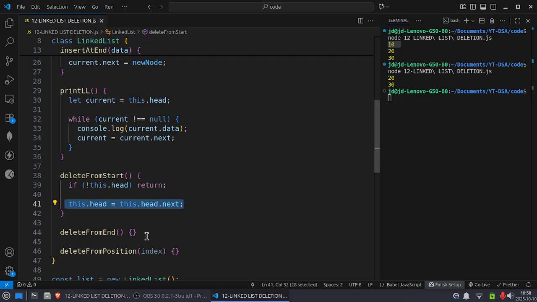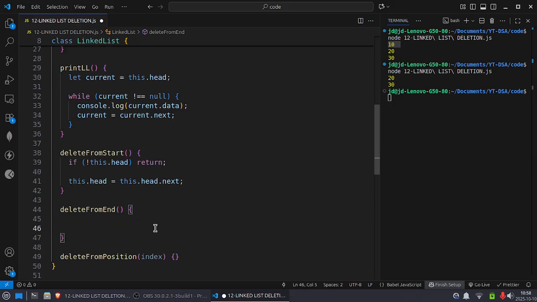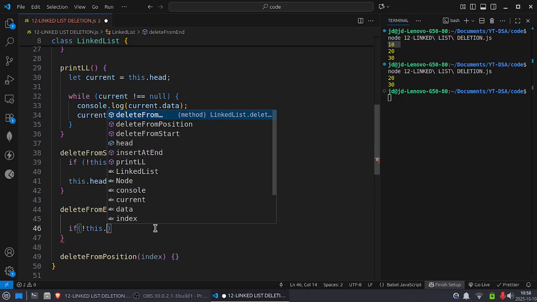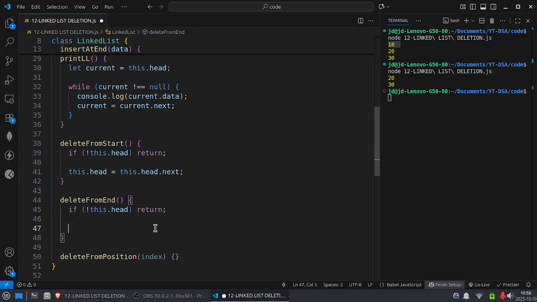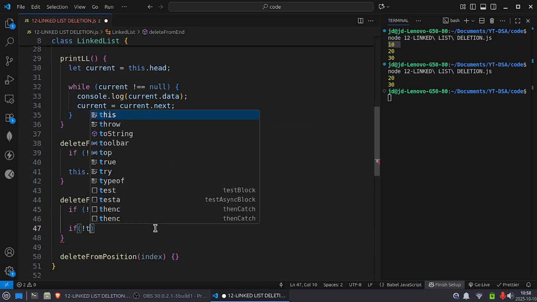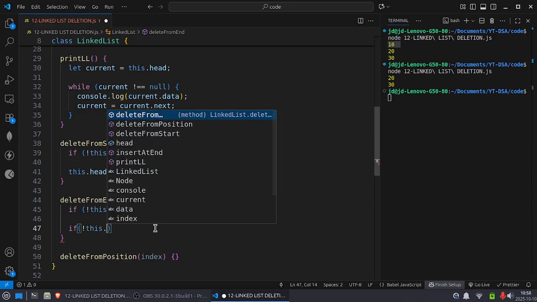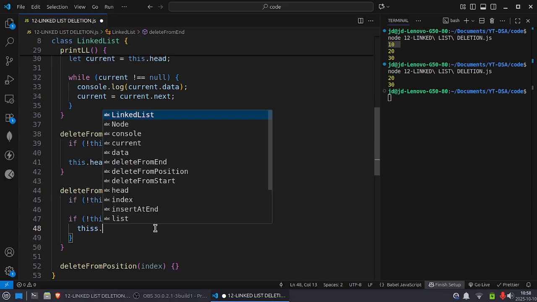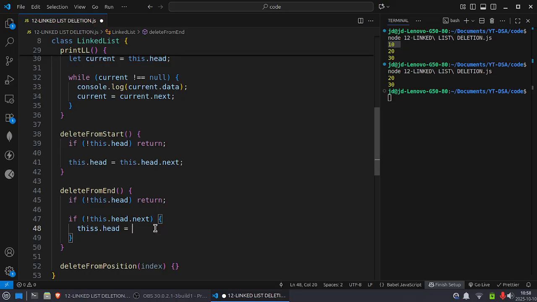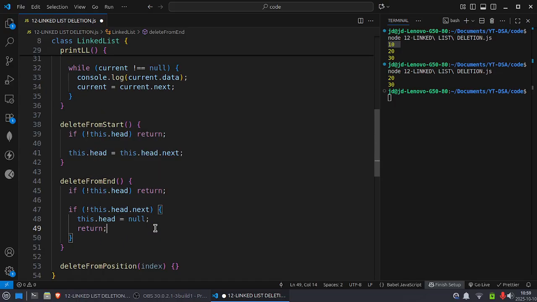If I write the code for this, if this.head is null, it's an empty list case. And if this.head.next is null, we just write this.head equals null and return. This case is for when the list contains only one node.